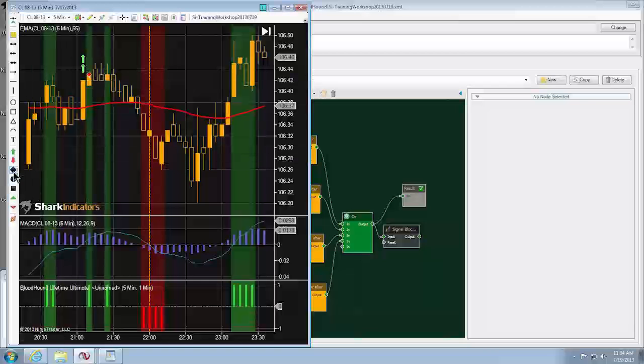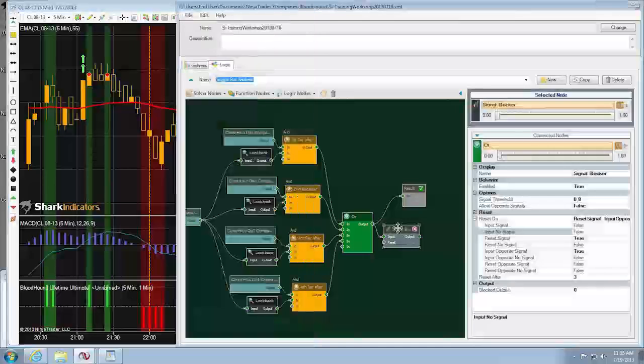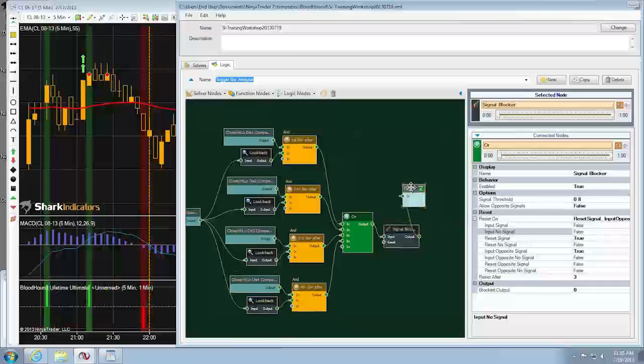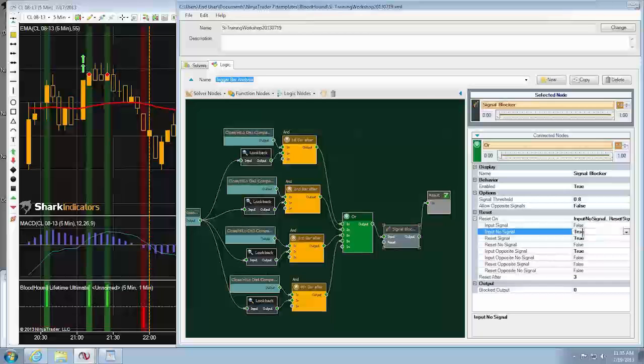And then this 4th bar afterwards is another valid signal, because the closing price is above the high there. So what happened is we had 2 bars in between that had no signal. And so let me connect up the signal blocker. All right, so this was set to true, so let me put it back on true. And so when this input no signal is on true, what happens is,